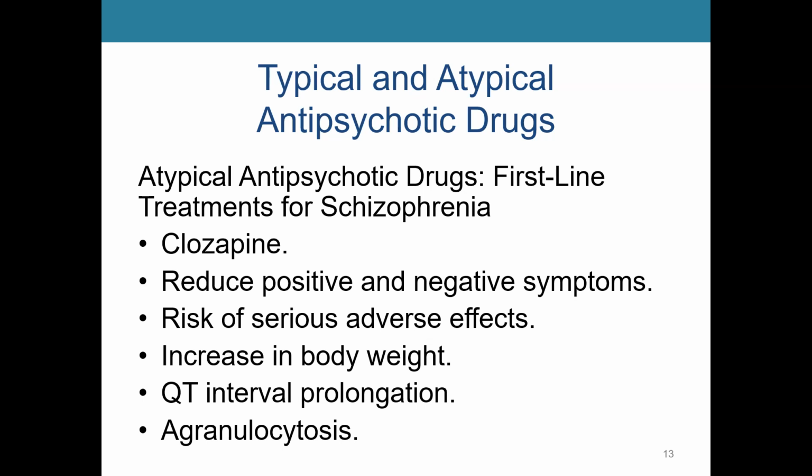Many atypical antipsychotic drugs produce significant increases in body weight, and we know that increases in body weight accompany a substantial risk of type 2 diabetes. The prolonged heartbeat, as revealed from the QT interval of an electrocardiogram, is QT interval prolongation. The disorder characterized by reduced white blood cell counts in the immune system is agranulocytosis.